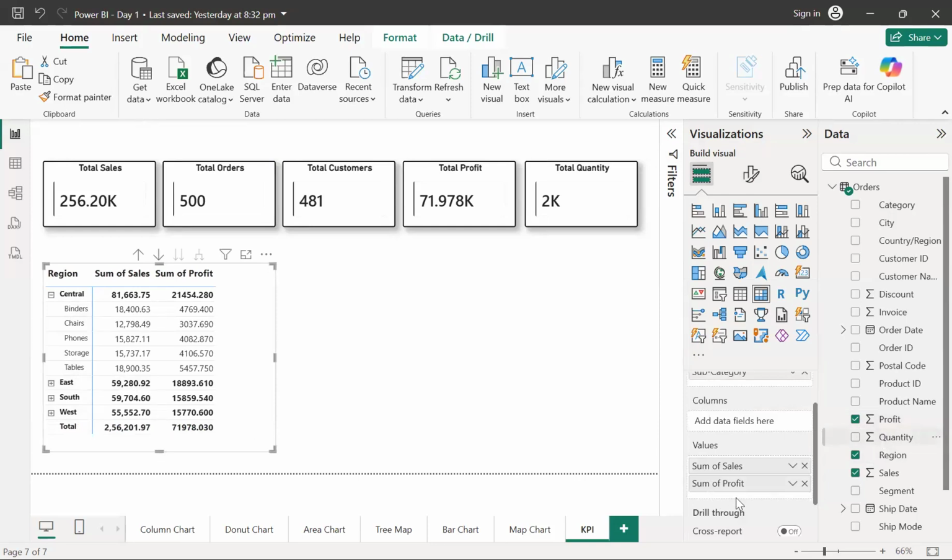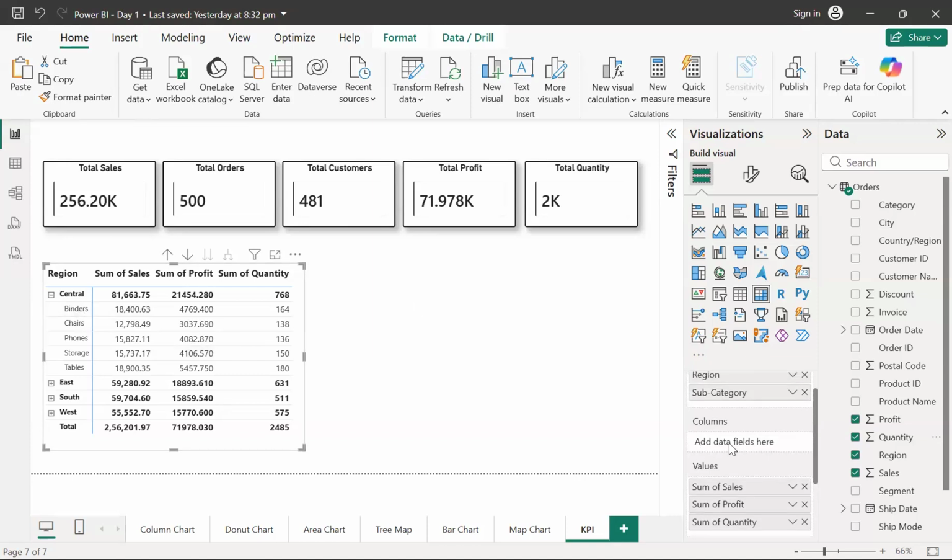So even I can probably try to add the quantity over here, then we'll get the quantity value as well. Okay. So now, guys, definitely you can see that from this table you are getting multiple information, not just one piece of information over here. That is the reason you get the region-wise sale, the region-wise segment. Along with that, guys, the region-wise sale, the region-wise profit, and that is also fragmented for our different subcategories. Okay. Definitely, guys, if you want, you can try to bring the category over here.